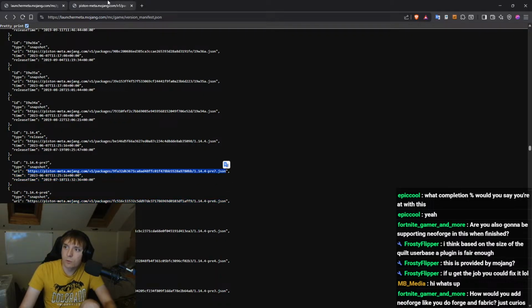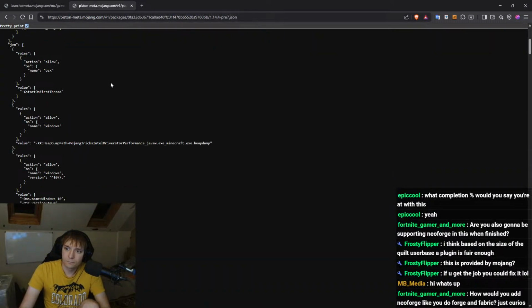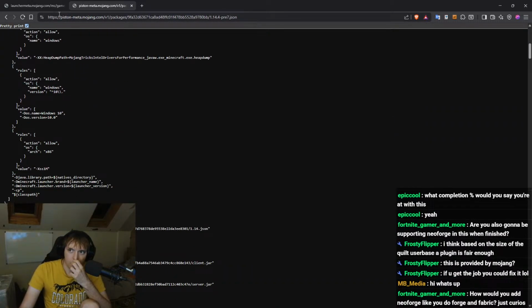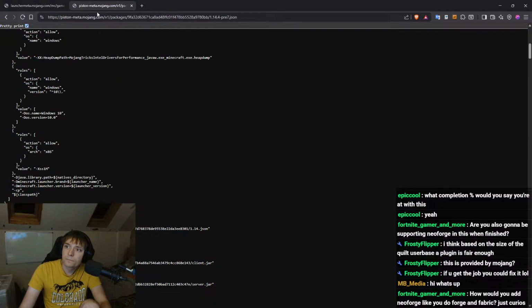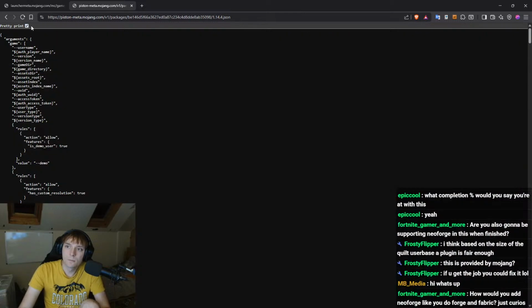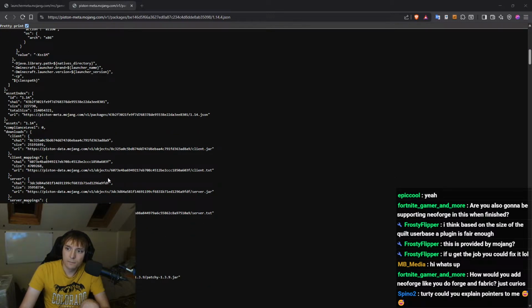If not, then it's just 1.14.4. Yep. So 1.14.4 does have it. Does it? Yeah. So that means the oldest version of Minecraft that is bundled with mappings is 1.14.4.